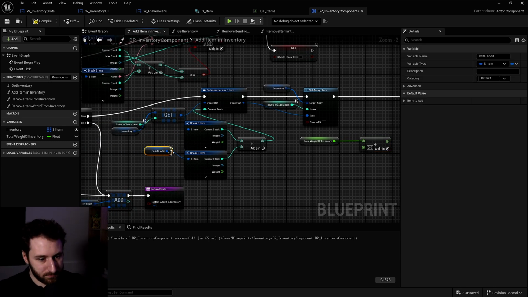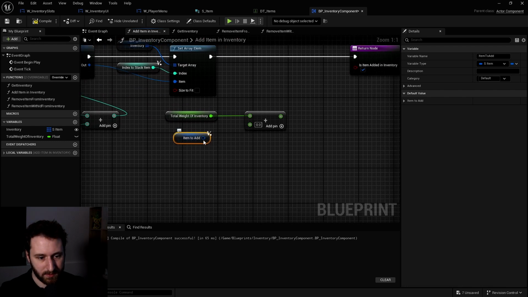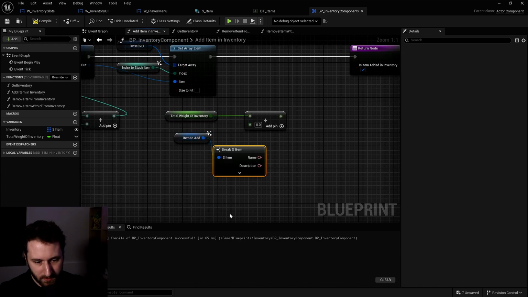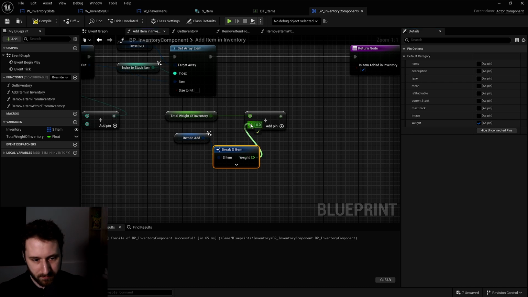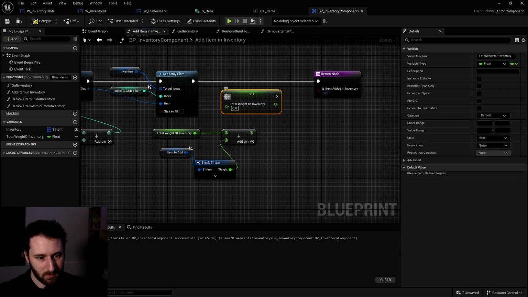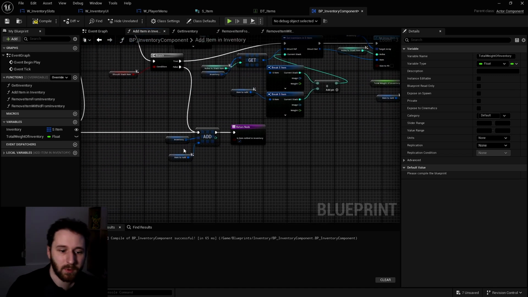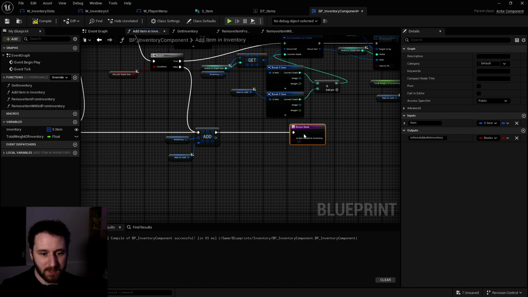Item to add in here is the new item that we are adding. We will break that item and get the weight. We are adding the total weight, and now we need to set the total weight of the inventory with this new information.